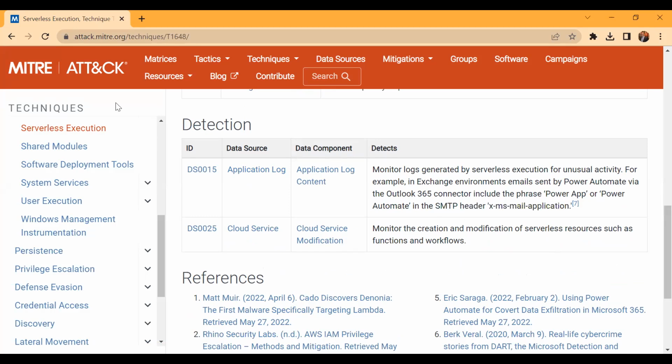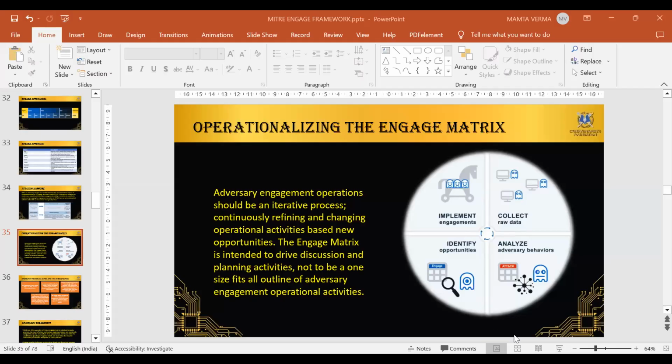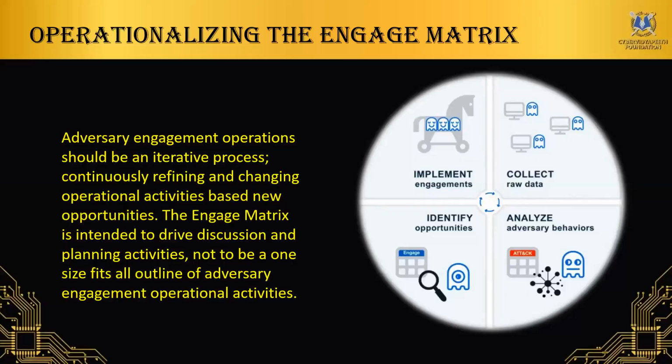So in a typical threat hunting world, once you have found a beacon or one particular event which has led you to feel that possibly your machine is compromised, then the next important thing to be done is to find the opportunities which are available through that particular beacon or that information.